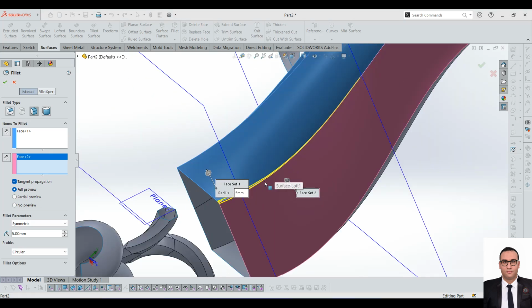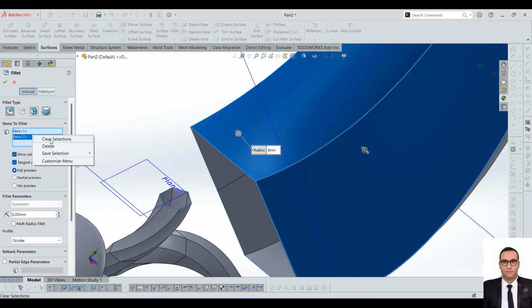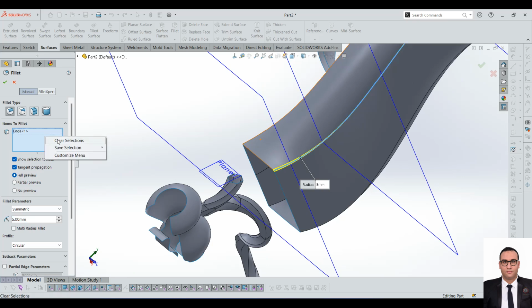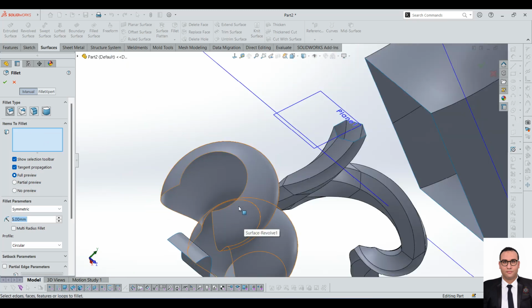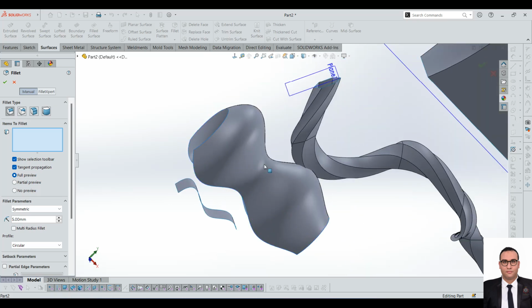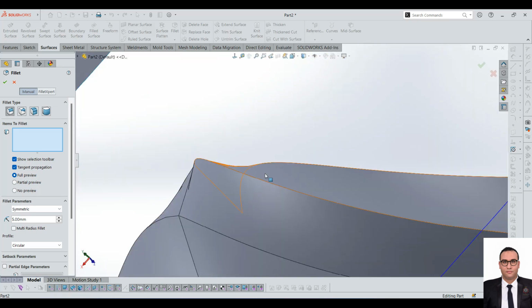So as I said, guys, with the fillet, there are a lot of types. We can select them by selecting an edge like this, or selecting two surfaces like this, or make it variable with this one, or we can select here three surfaces, and they will be doing a big fillet with those three surfaces. Okay, then as you see here, if we go to any edge like this one here and try to select